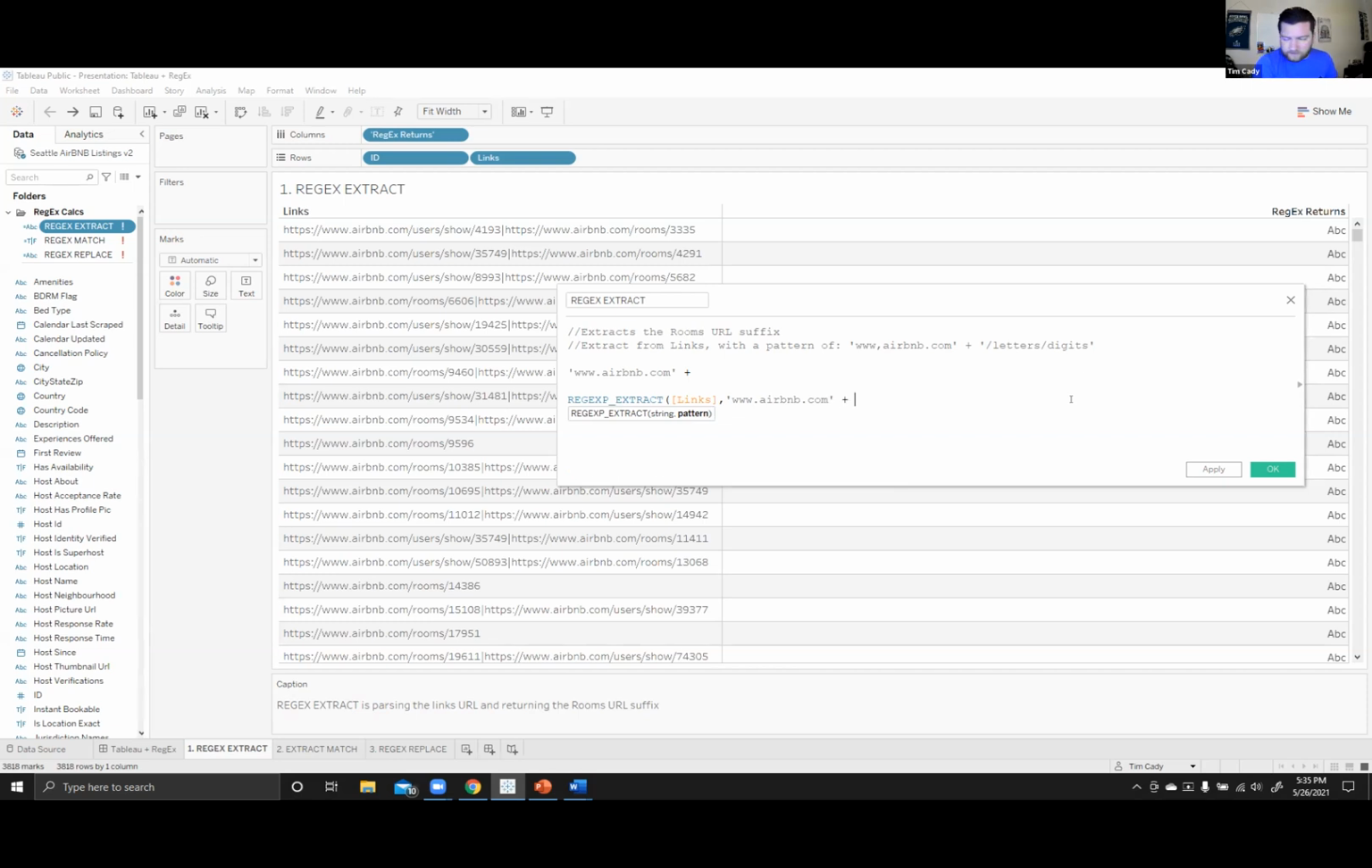And here's where it gets interesting. So here's where I want to start identifying my search pattern, my capturing group. So I'm going to open up my parentheses for my capturing group. I know that URL, the first thing it's going to have is a /. So I'm going to make that literal with a backslash and say I want a /